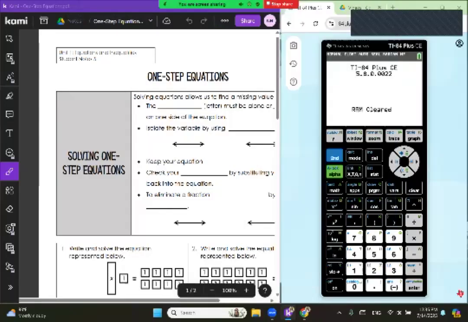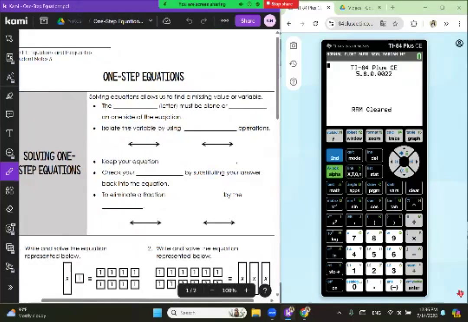So moving right on along into one-step equations. We are now going to be moving into equations. So real quickly, let's go back over the differences between an equation and an expression. So remember, with an expression, we would see answers like